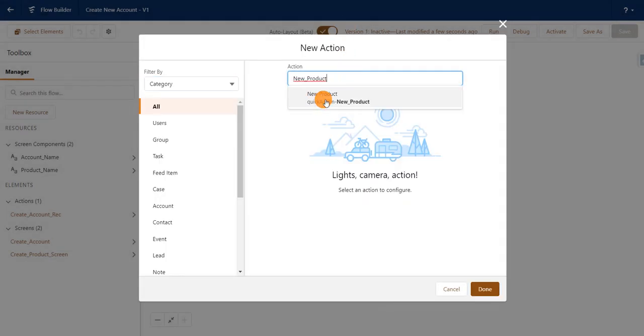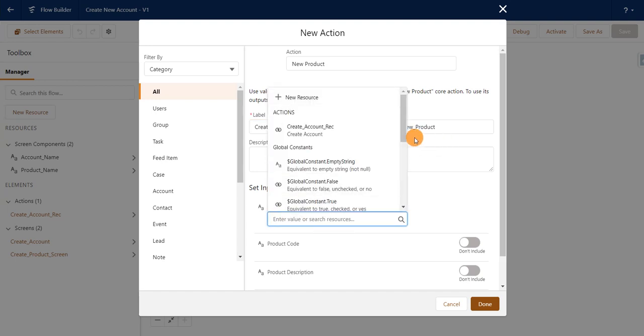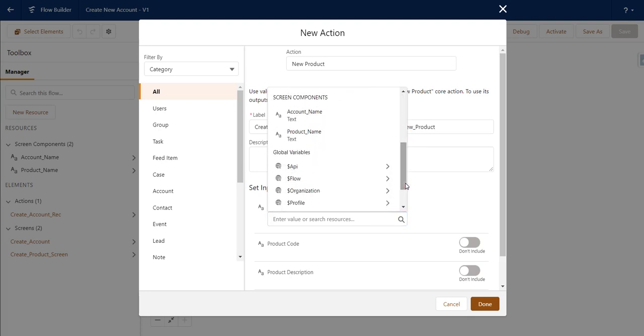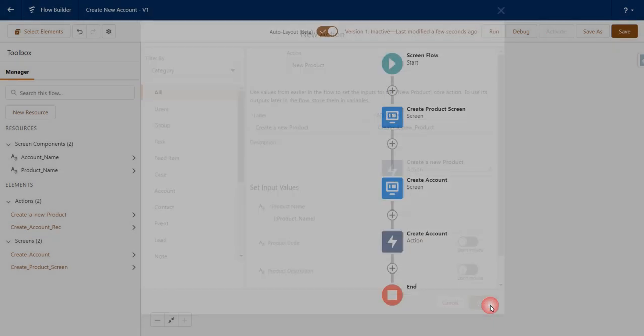This is the custom action which we created. On clicking this, I'll name this create a new product. Here you can see the input values. These are the fields which we added in the layout. For the product name, I'm mapping the product name entered by the user and stored in the screen components, and click on done.